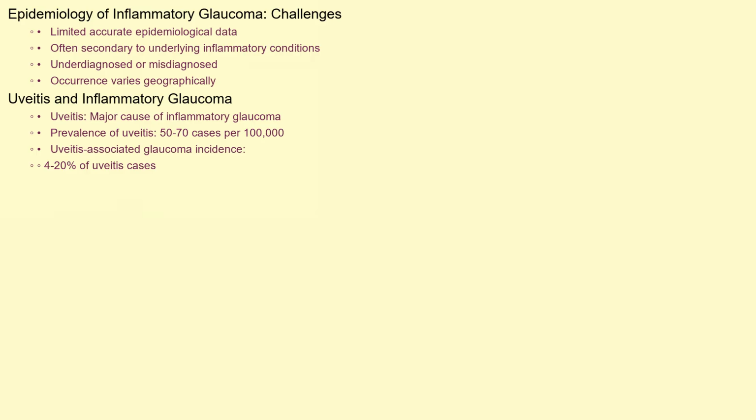Accurate epidemiological data specifically for inflammatory glaucoma is limited, as it is often considered a secondary glaucoma resulting from an underlying inflammatory condition. However, we do know that uveitis, one of the major causes of inflammatory glaucoma, affects a significant portion of the population, with an estimated prevalence of around 50 to 70 cases per 100,000 people. The incidence of uveitis-associated glaucoma is estimated to be approximately 4 to 20% of all uveitis cases. The actual numbers may be higher, as inflammatory glaucoma can often be underdiagnosed or misdiagnosed. The occurrence of inflammatory glaucoma varies depending on the geographic location and the prevalence of specific inflammatory conditions within those